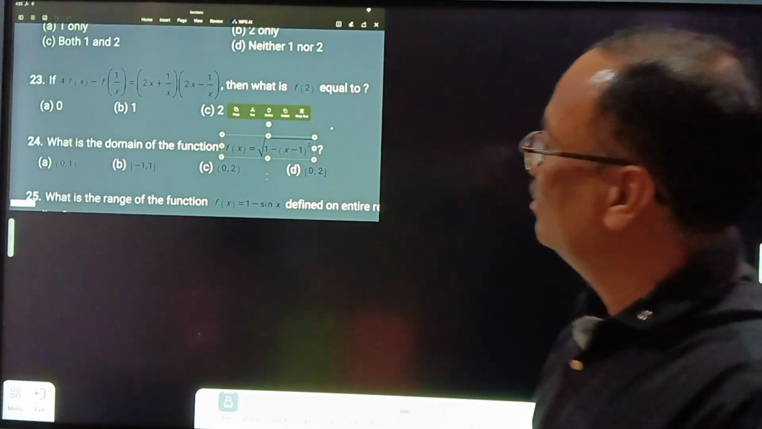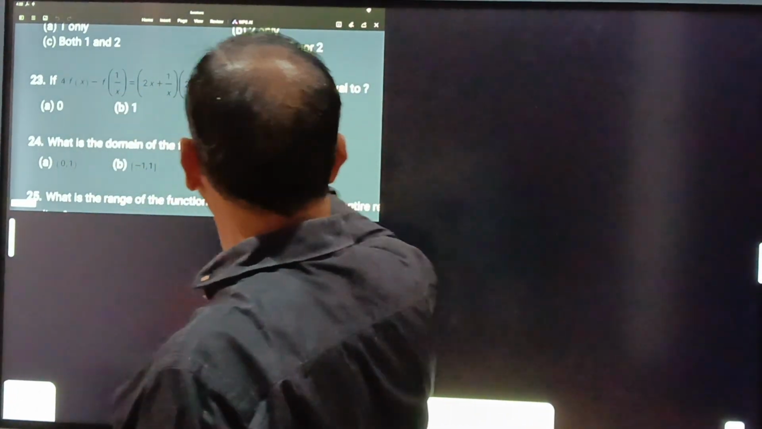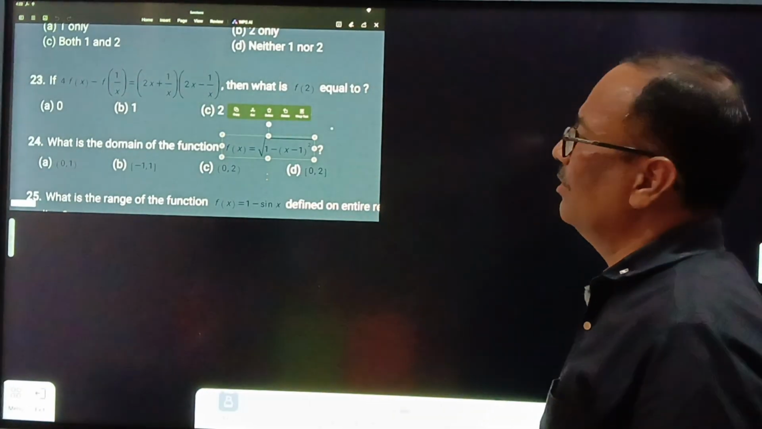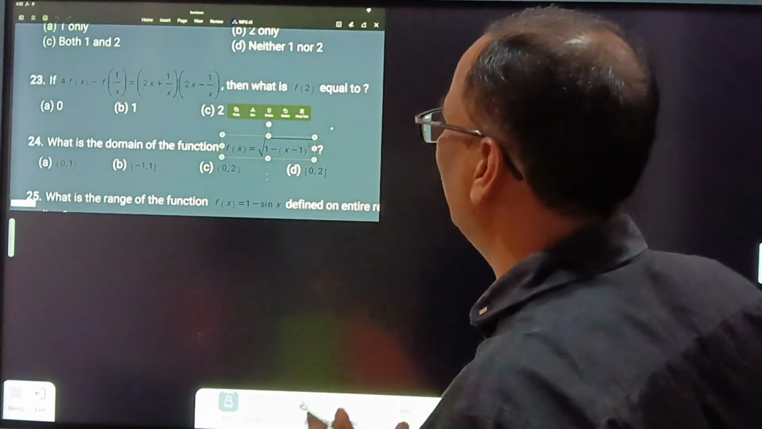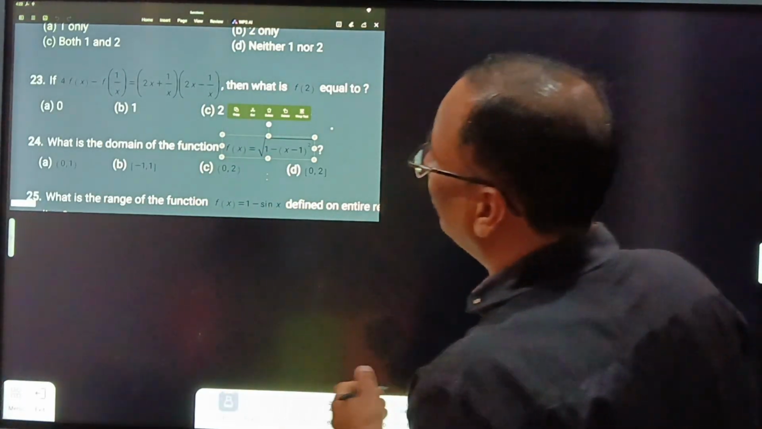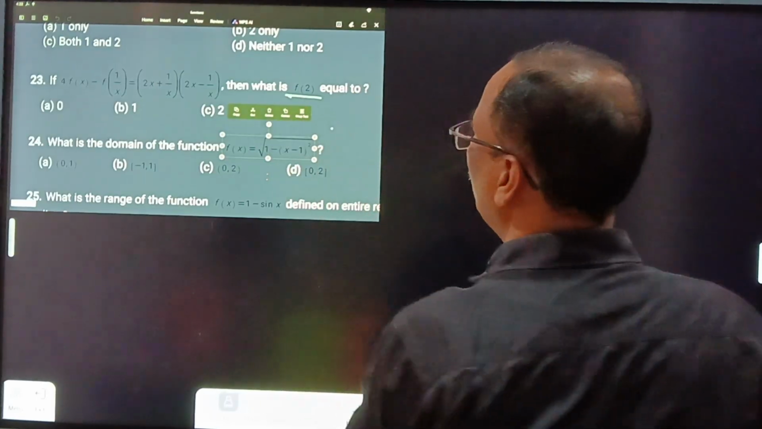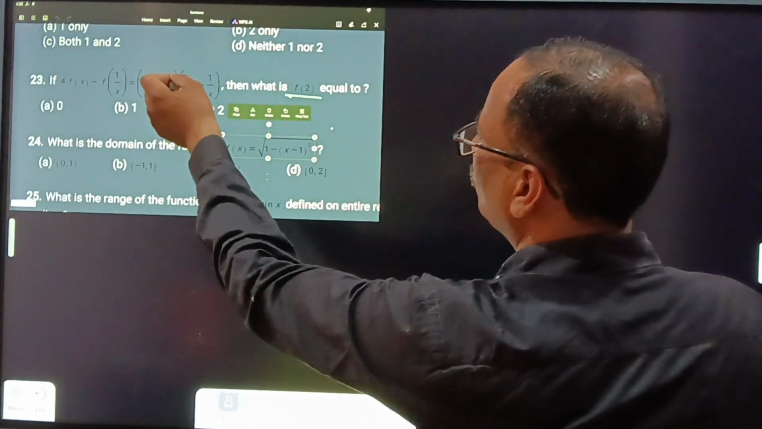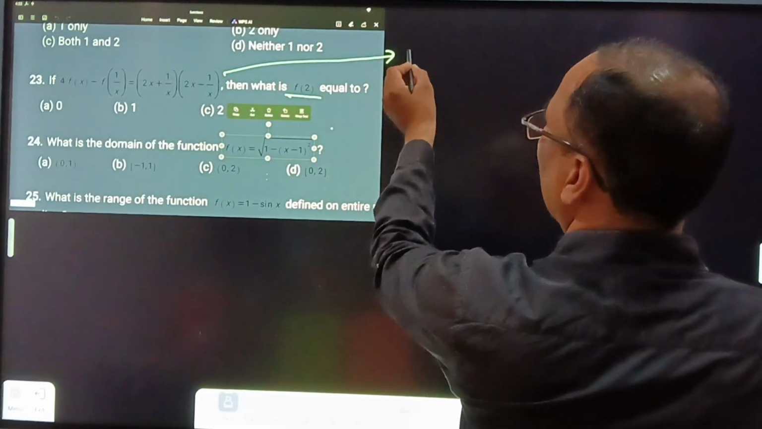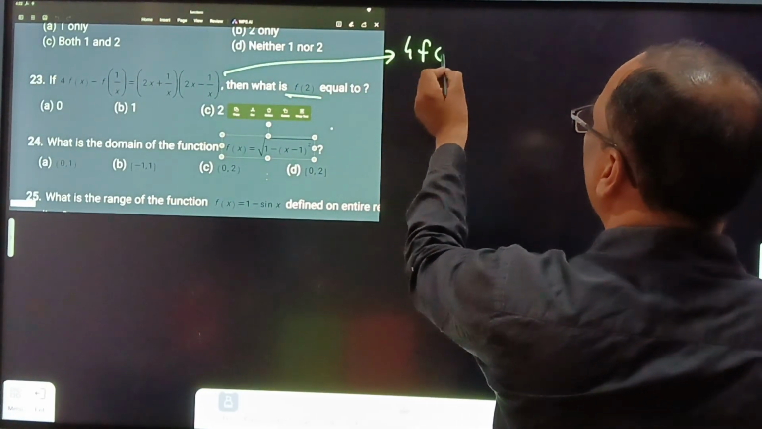In the 23rd, 4 times f of x is given, then we have to find f of 2 only. So how to find it? Many ways are there, but we have to find it by an easy way. First of all, we can find f of 2. So put x is equal to 2 in this equation. What do we get? This is 4 times f of 2